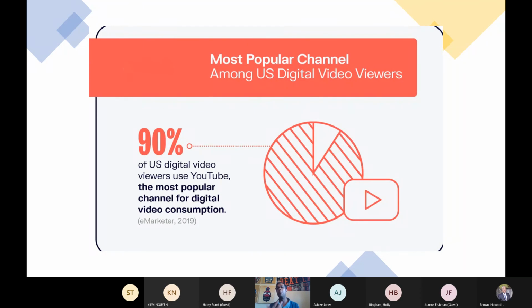So again, whether you're sharing it somewhere else, another good way to say this is less than 10% of the market share is taken up by videos that are uploaded on platforms like Vimeo or Vero or any other third-party video host that there is out there. So again, when you think about why you are folding this into your strategy, well, it's because it's the largest one that exists. So it's the one consumers are more familiar with.